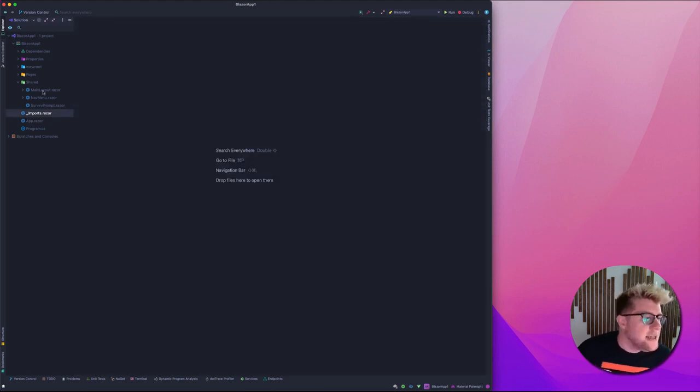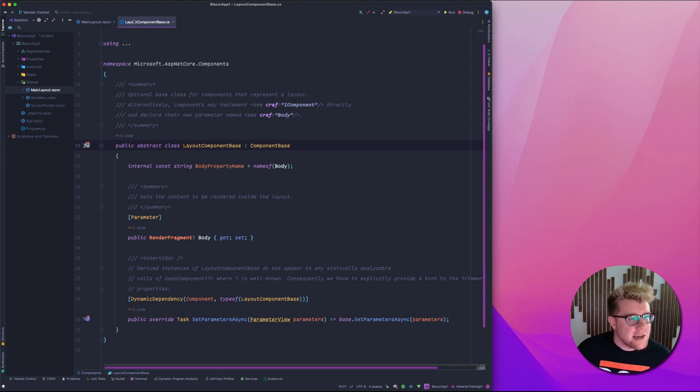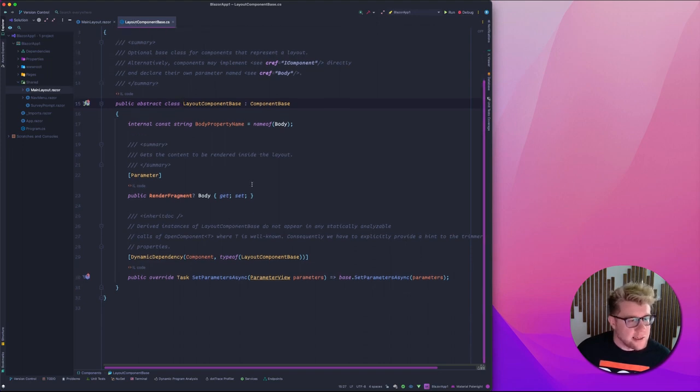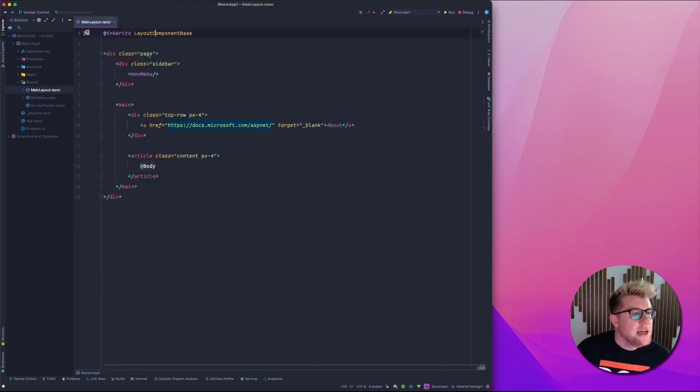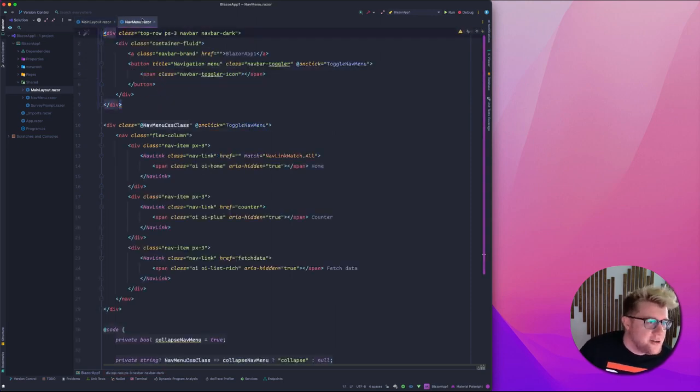Close those out, keep going up here, and in our main layout, inherits LayoutComponentBase, which I believe is a baked in class used here. It's going to give us some built-in functionality, but otherwise, aside from this nav menu and this Razor body call here, this nav menu we can see is clearly some sort of custom component looking thing, and this is Blazor. This is a Blazor component. So we can jump into that here,